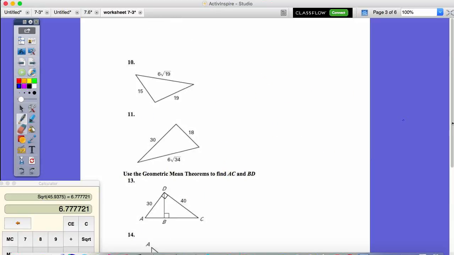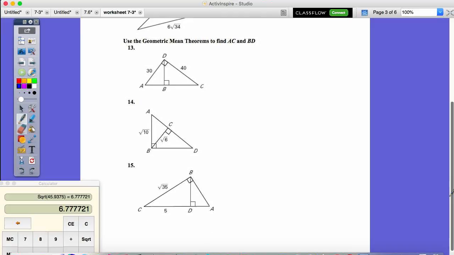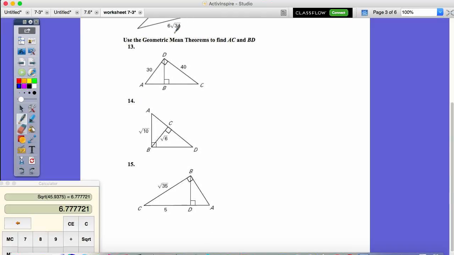Okay, I told you not to do 10 and 11. For this one, they want us to find AC and BD, depending upon where they are located. So first I decided I was going to find the entire hypotenuse here, because 30 squared plus 40 squared equals 50 squared. I know this, and I've talked about it in all the classes, but